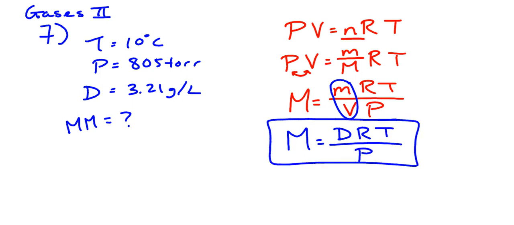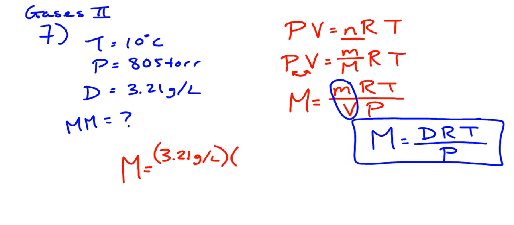You probably recognize that from last year. Molar mass equals dRT over P. You cover your P with d. So I can plug this in using my numbers right now. I want to know the molar mass of this equation. So it's still important to have the right units. So